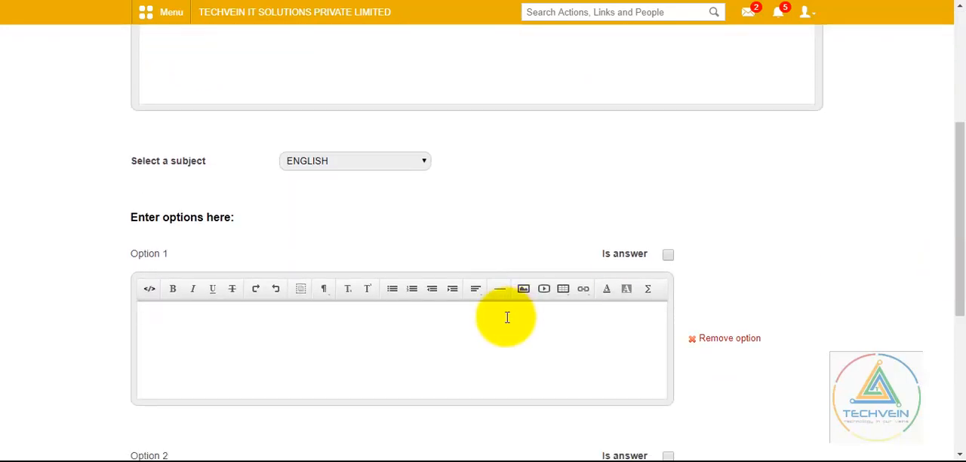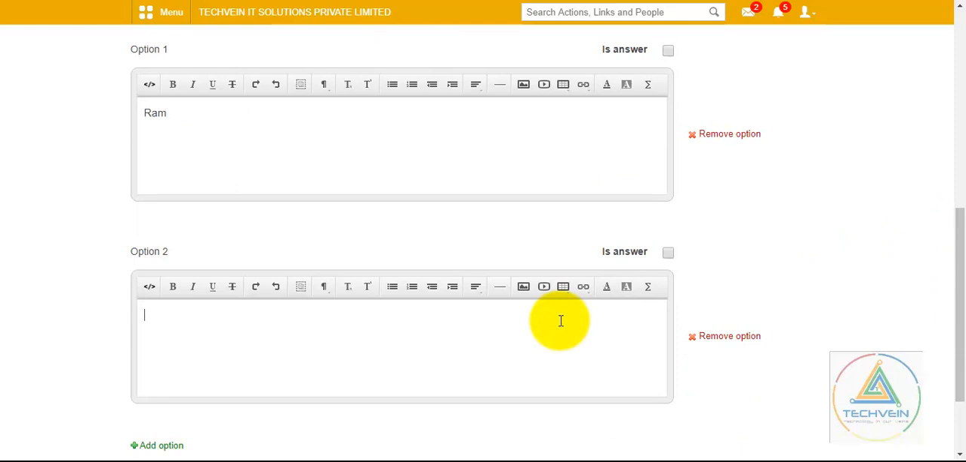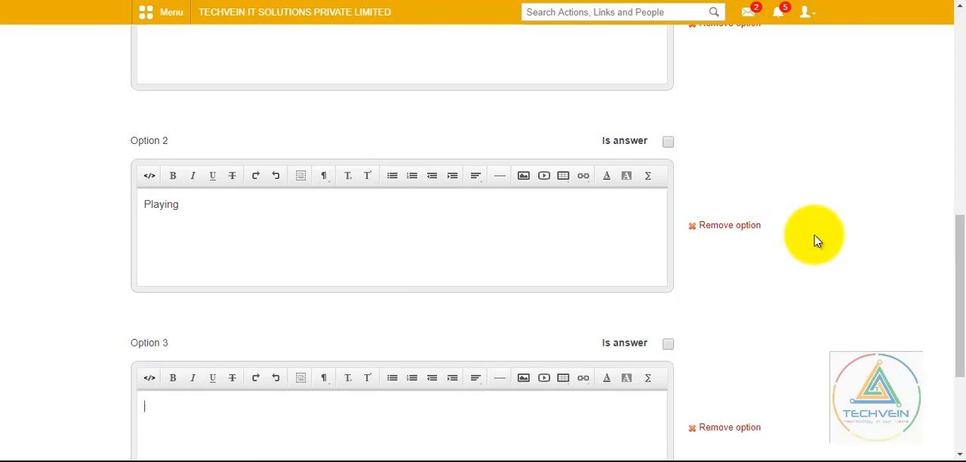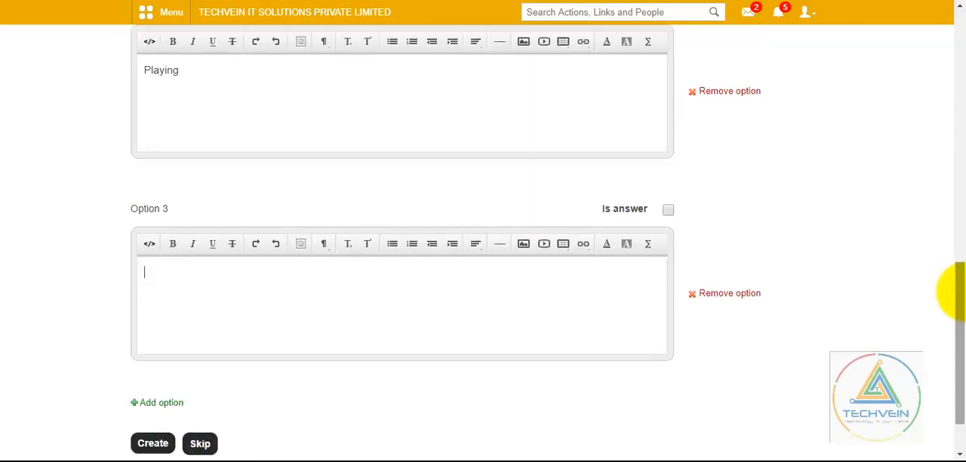Like the first option is Ram, second option is playing. If we want to add more options, we can create options from here. Simply clicking on add option, we will get a new option bar. Here we can also add something